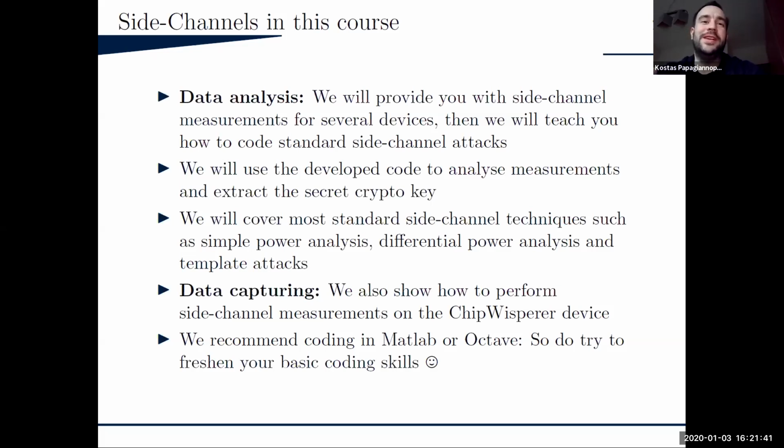All right, there goes data analysis. Now, data capturing is a more, let's say, tricky process, but we have several ChipWhisperer devices where you can easily capture data, and we will hand over those devices so that you also get a feeling not only